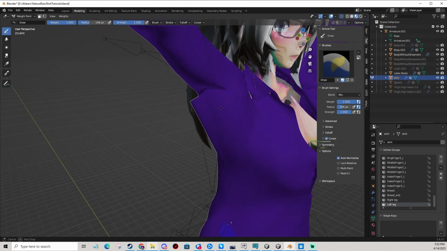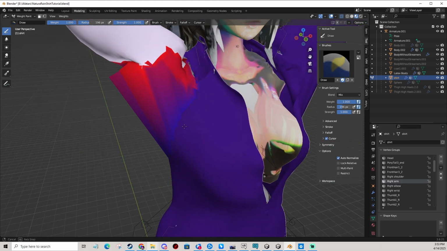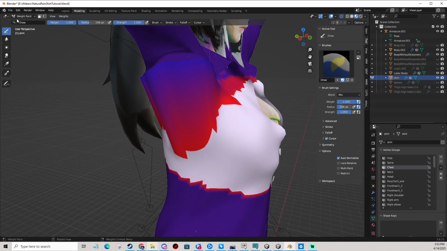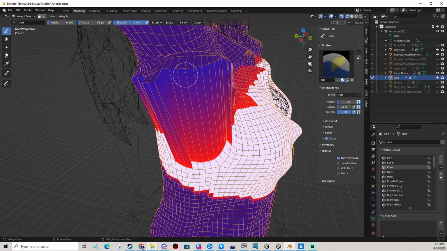So now we have to figure out what's going on here and how to fix it. So this is the right hand, so it's gonna be somewhere around, let's see. Right elbow and arm, there we go. And I think we want to paint it more towards the chest probably. Yeah, we want it more gradual, I would suppose. Let's see, so we're gonna actually draw, but we're gonna draw 0.1, and we're not gonna draw actually, we're gonna add. And what I like to do, I like to see the wireframe, because it seems a bit more